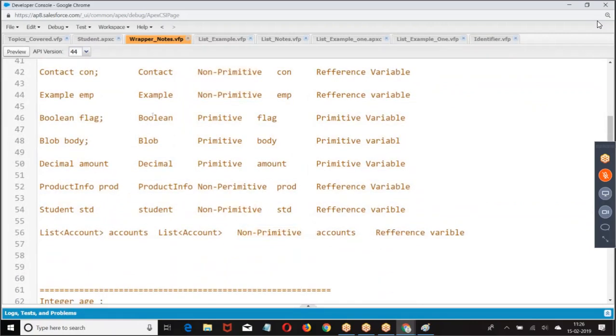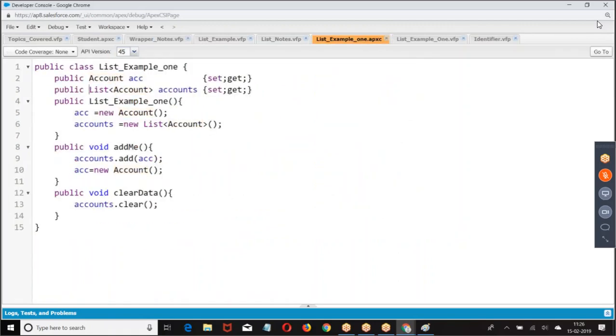Now Boolean, primitive. Blob, primitive. Decimal, primitive. Product info, non-primitive. Student, non-primitive. List of account, non-primitive. Right? So what is the data type here now? List of account. List is the type.